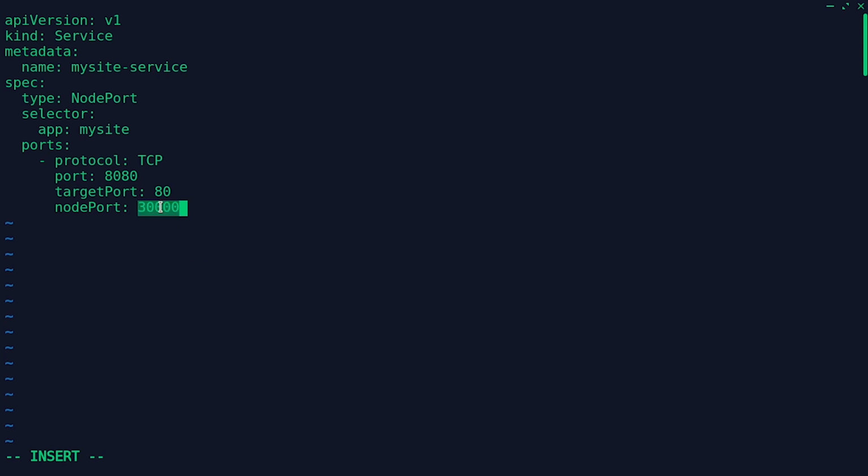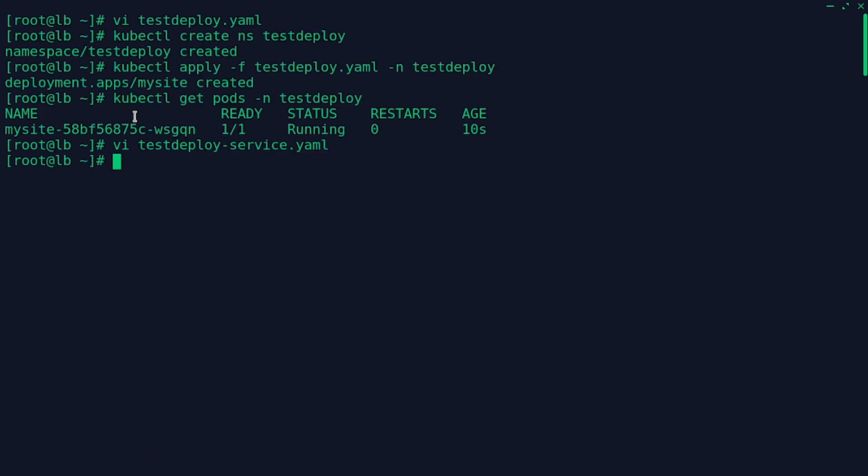I have set the node port to be 30000, exposed the port 8080 inside the cluster, and target port is 80, which is same as the container port of our previous container. Let's save it and deploy.